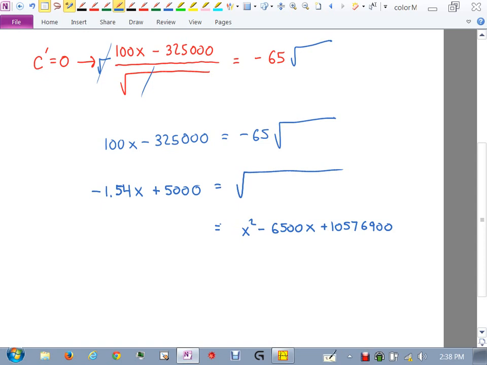You're still all right? On the left side, I have to square the left side, don't I? Which means I have to FOIL this with itself. I can't just square each one. I have to FOIL it, which I'm going to do. You should get 2.37x squared. Then you should have, well, that came out kind of nice. I'm getting 15,400x, and then you have to square 5,000, which kind of sucks,